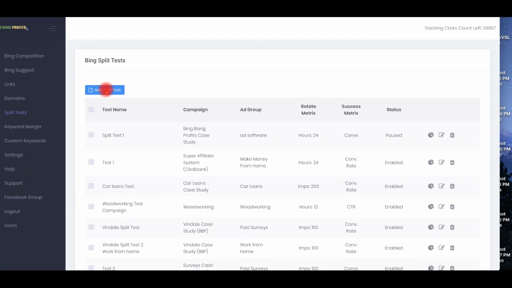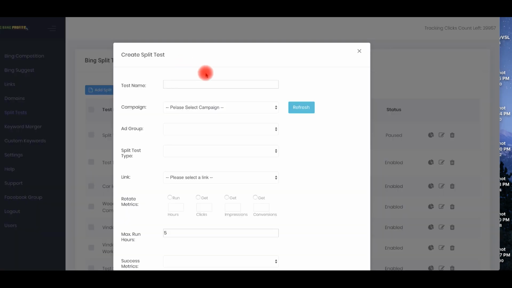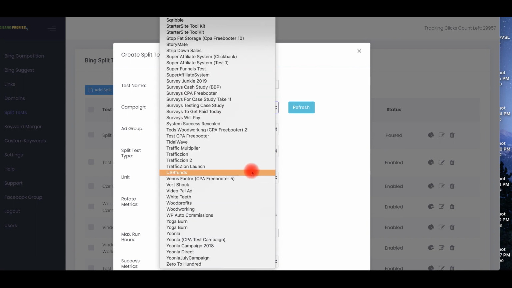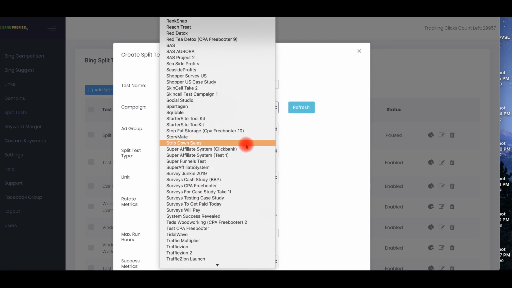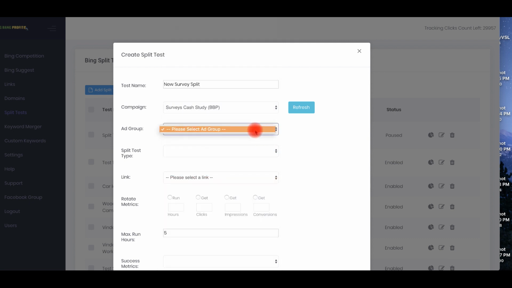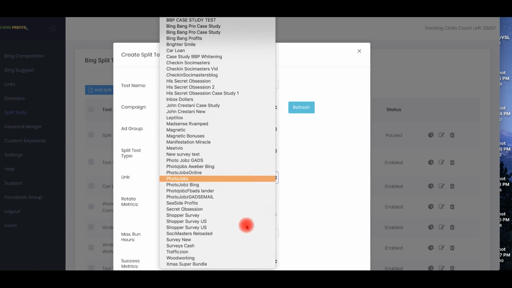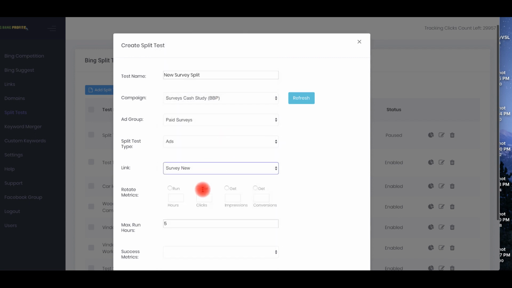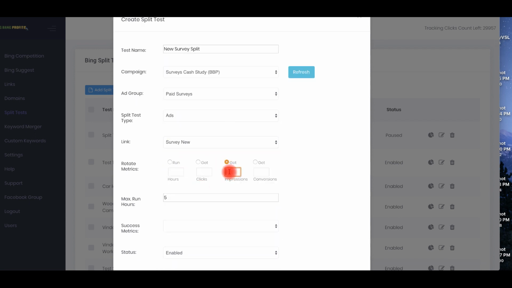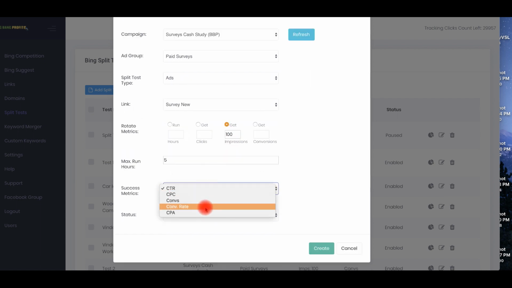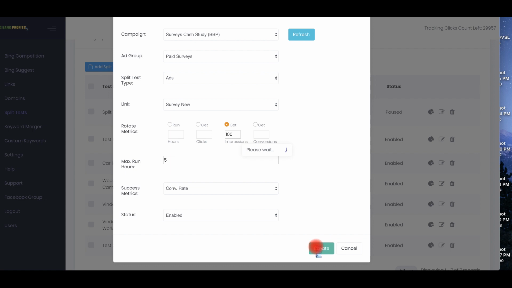Now the way that this works is basically if we wanted to add a new split test, I'm going to click on add split test and we're going to name it. So this is going to be the new survey split. Choose the campaign once again. Going to go out and find the actual campaign that I created. Choose the ad group. And now I want to split test my ads, and I want to use the actual new link that I'm using, and I'm going to be split testing by impressions in this one, and I want it to run for like 5 hours, and then I want to see which one is converting. Now these are all depending on what you want to do, and then create. Now this will create a split test